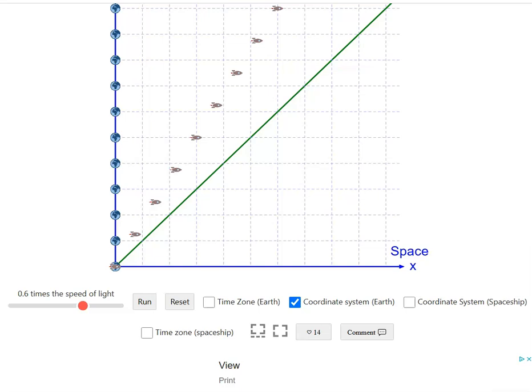Okay, so this is what's important. It's a very subtle idea. I'm not going to explain it very well, but the idea is, in B's frame,